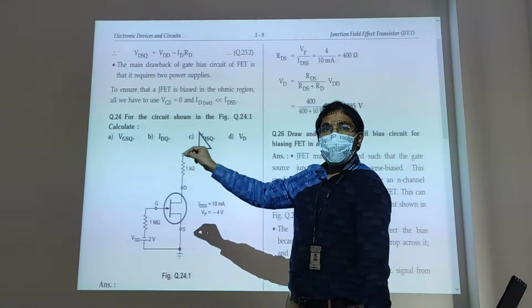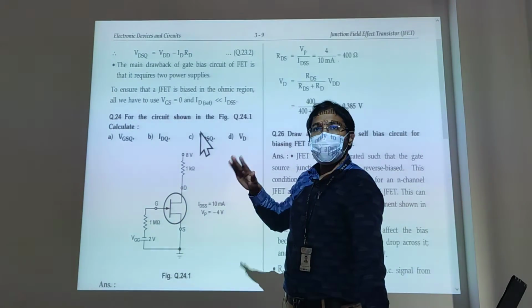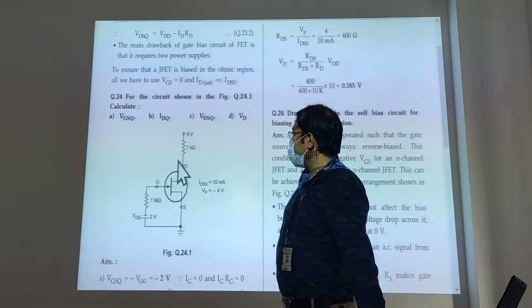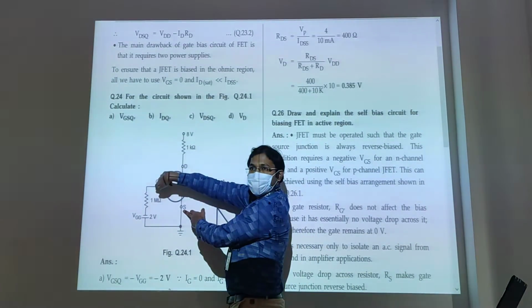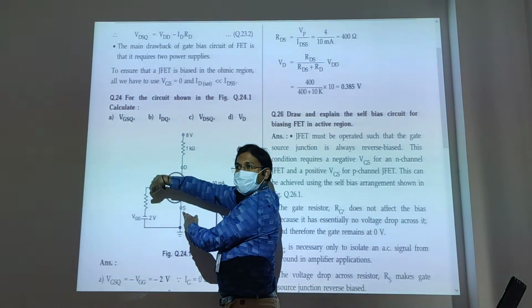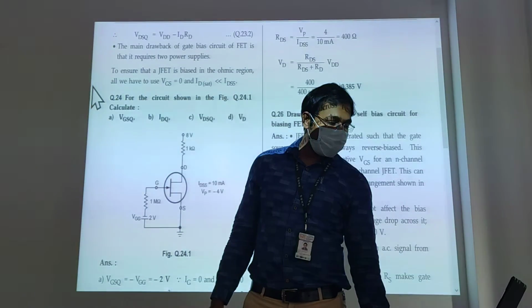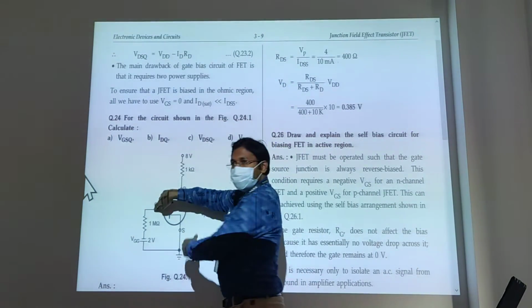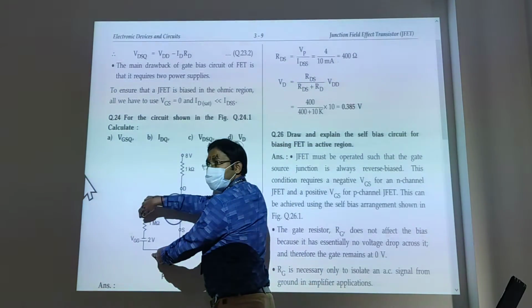This we already solved in class. Now we are seeing it here, so you should learn this better. First, how can we get VGS? What is VGS here? Just see and tell. We already solved this. You should be able to see and answer. What will VGS be? Well, VGS is minus 2. How?